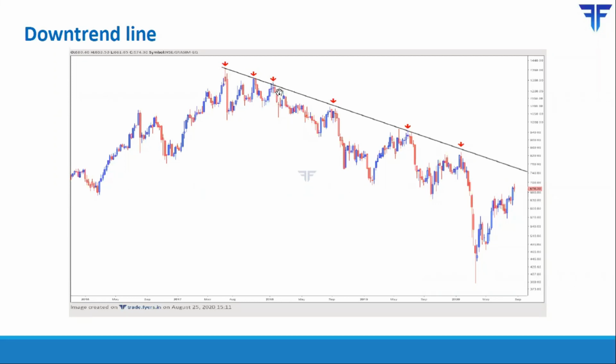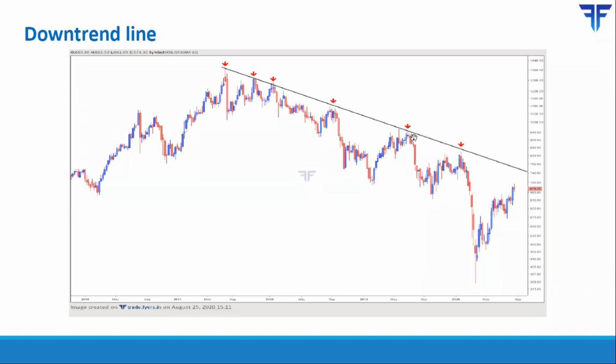As you can see, price took resistance multiple number of times whenever there was minor recovery. So every recovery, if you see, is meeting with resistance near the vicinity of the downtrend line. Then there was a steep drop over here, and prices again recovered. So multiple number of times in this case, you see that the downtrend line has acted as strong resistance whenever the price approached close to that downtrend line.